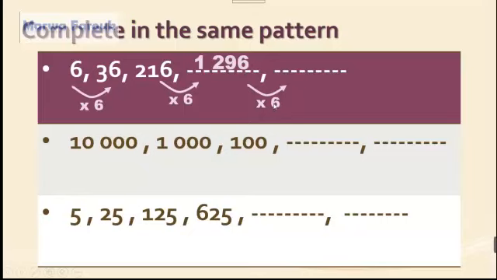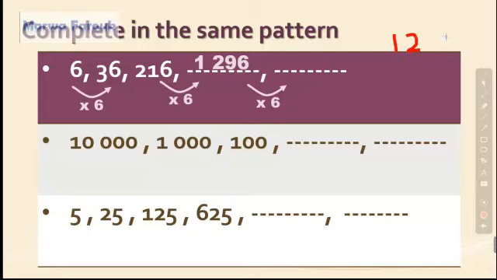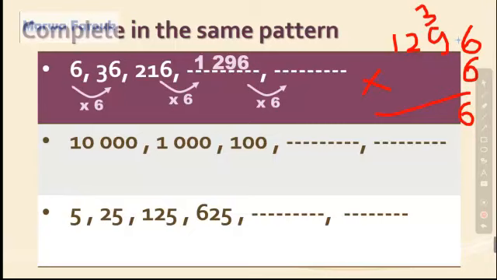Again, I will multiply by 6. 1296 times 6. Let's do it together here. 6 times 6 equals 36. I will write 6 and carry 3. Excellent. So now the next one, 9 times 6 is 54, and 54 plus 3 equals 57. So I'm going to write 7 and carry 5. Now 2 times 6 equals 12, and 12 plus 5 equals 17. So I'm going to write 7 and carry 1. Now 1 times 6 equals 6, and 6 plus 1 equals 7. So we got